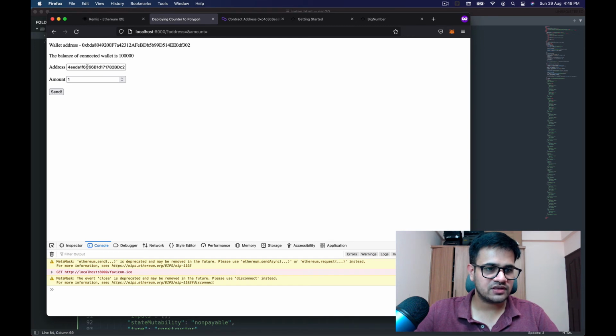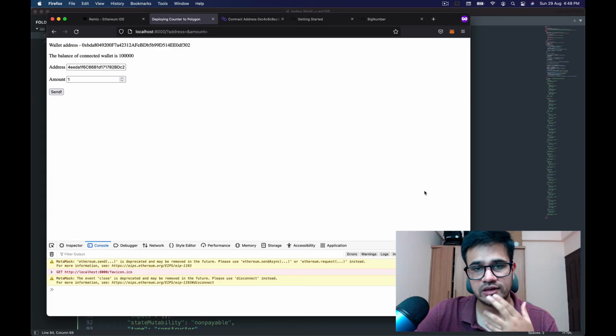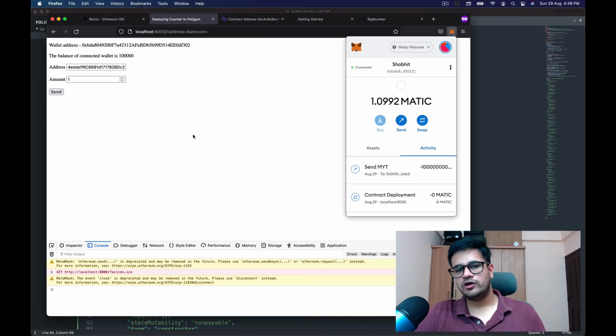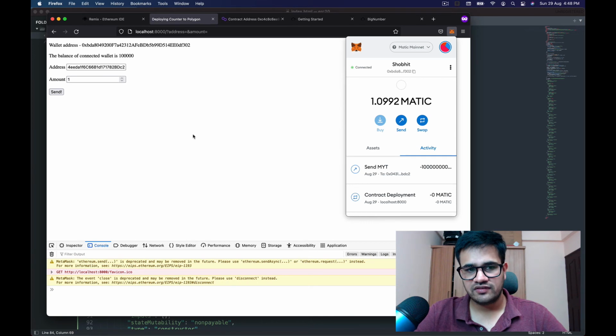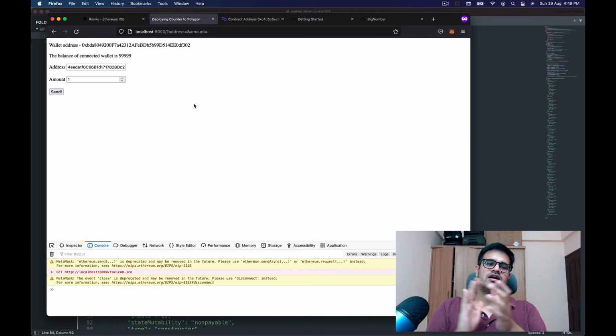And then we can go over here. I've specified an address of my friend, somebody who had bought one of my NFTs, and I'm going to send one token to them, and I click on confirm over here. Now we're just waiting for the transaction to complete. And lo and behold, the transaction has sort of completed. Now hopefully if I refresh, this should reduce by 1, and it has.